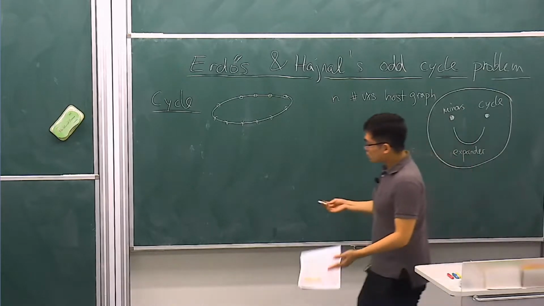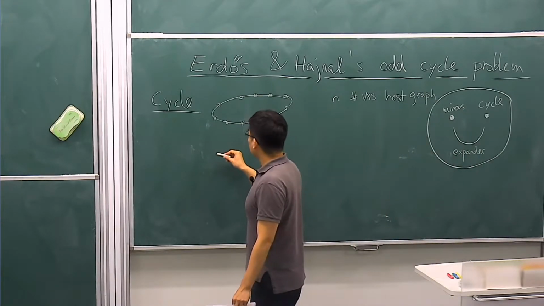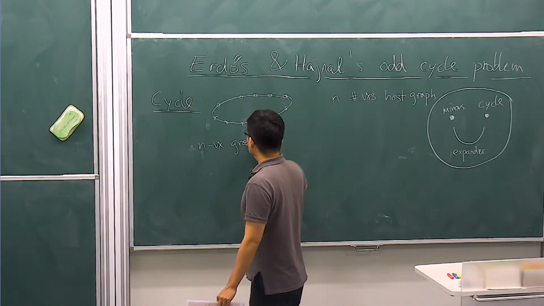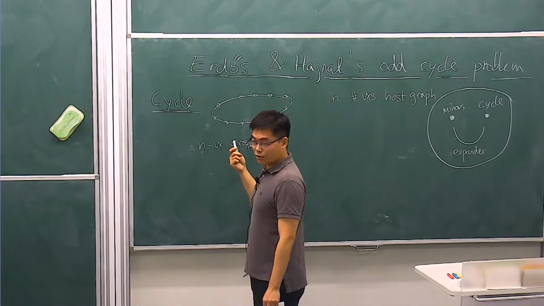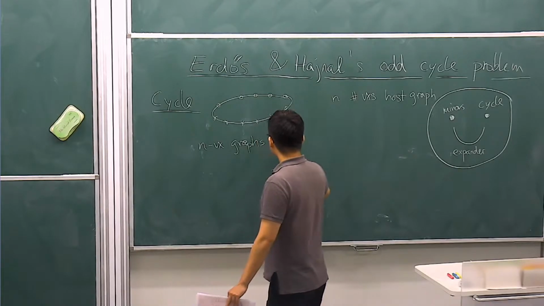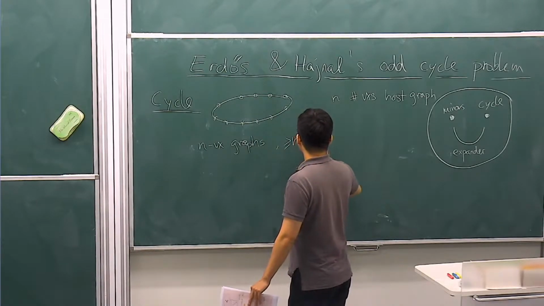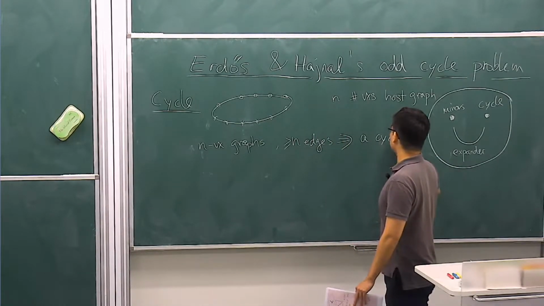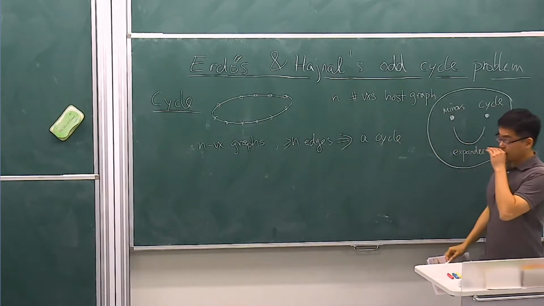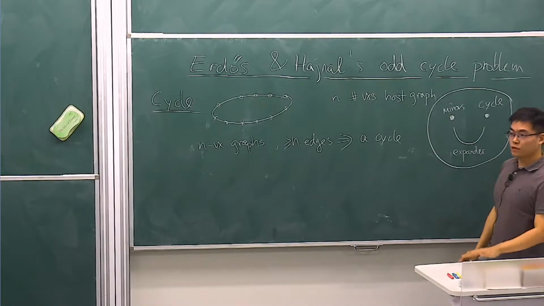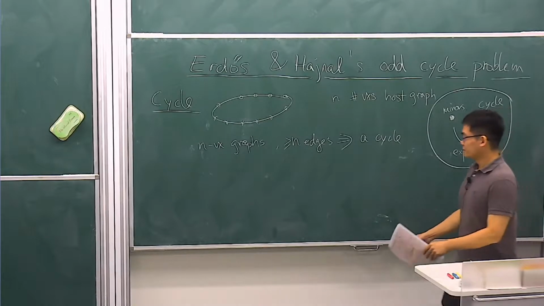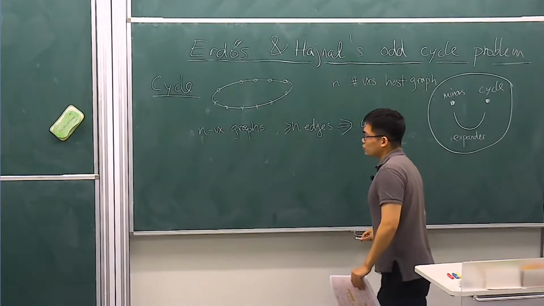So the first result we learn in graph theory is: if we have an n-vertex graph, how many edges are needed to force a cycle? Then we know that if you have at least n edges, we have a cycle for sure. This is best possible: if we have at most n-1, it could be a tree. So we are not guaranteed to have a cycle. I would like to reword this fact